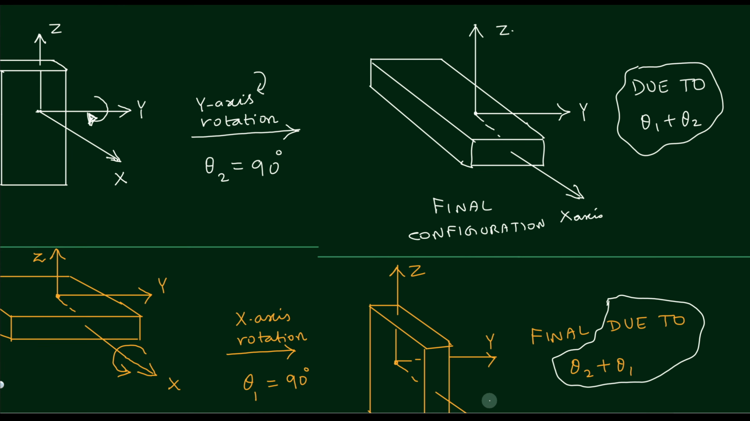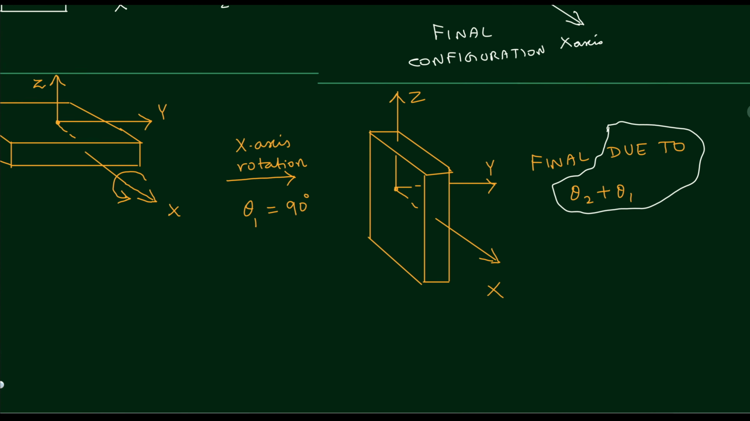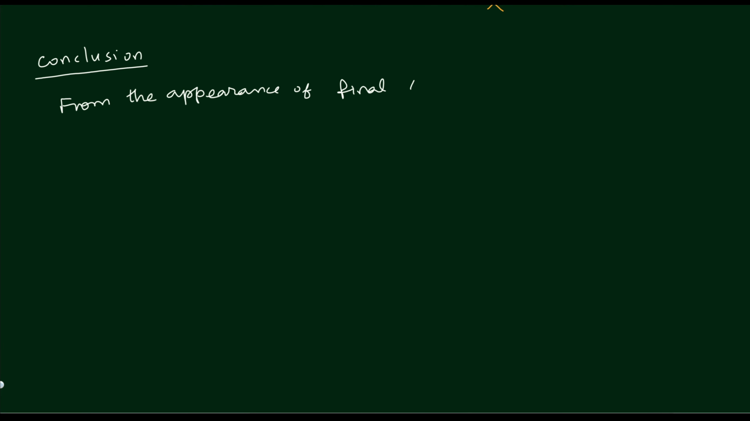So our conclusion is that there is a conclusion. That's what I am trying to write down. The conclusion is that if you reverse the order of the rotation angles, then we will not get the same result. I will write down that from the appearance of the final configurations. Okay, only from the final configuration you write this, so that's why I'm writing. From the appearance of the final configurations, we can say that